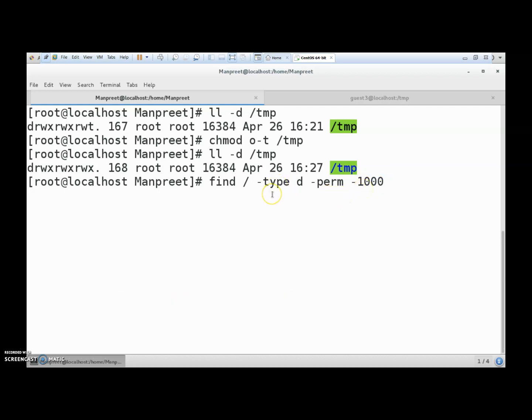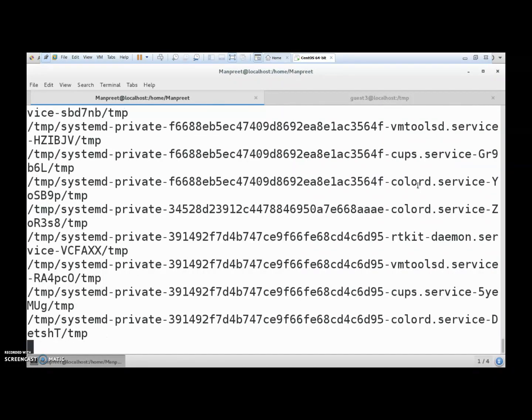The command is basically for those files or directories which already have the sticky bit enabled. So it is showing all those files and directories. These are all the files and directories in which the sticky bit is already enabled. These are all the entries we have seen in the tmp directory. So I hope you got the working of this sticky bit now.